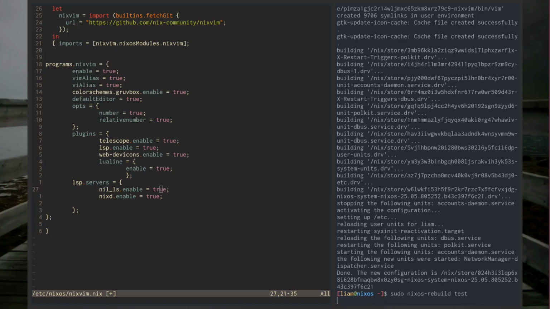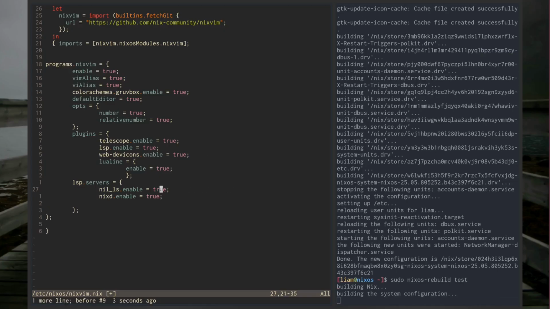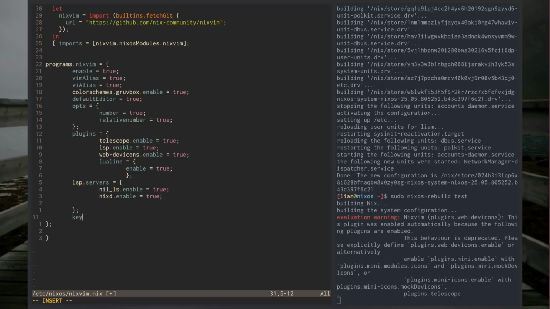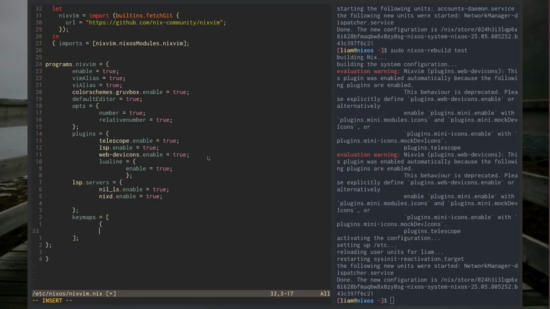And then the other thing we can do is back here. Oops, I keep doing that because I keep pressing caps lock. Okay. This is the servers one, right? I want to make sure. Yeah, okay, so now the other one that's classic is the key maps. This one you do in these brackets, and then in the middle, you make them like this. So we do key, mode, action, all with an equals,